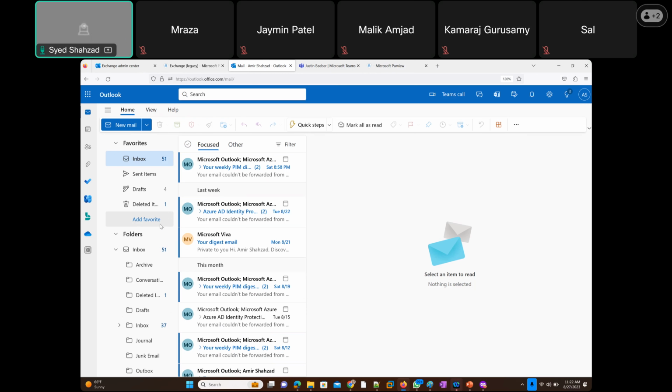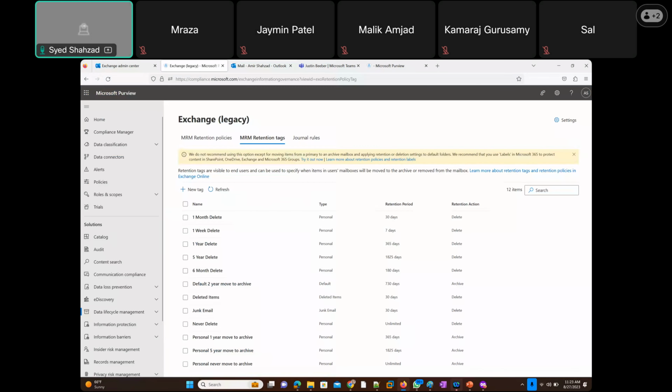Now I would put a rule there that whatever emails are coming from a boss, automatically move them to all emails from boss, right? That is a personal folder, and the policy says here one delete. I would not do that. It's my personal folder, and obviously, if I create a personal folder, it would have important information. So why would I delete it, right? So that's why